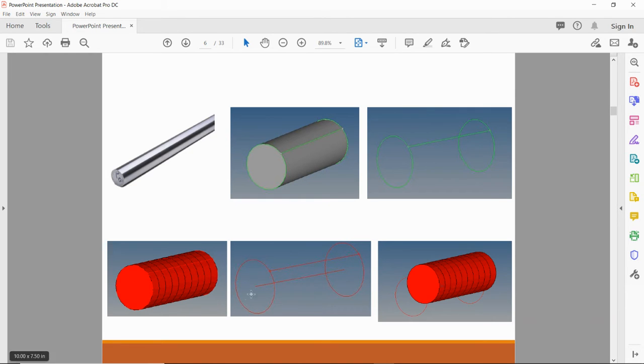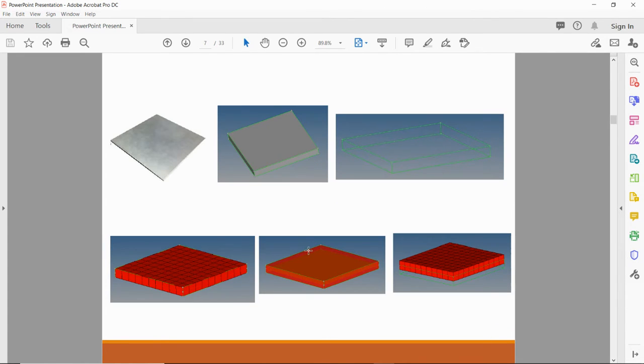So here you can see, if we create the mid surface at the middle, and if you give the thickness to that mid surface, then and only then will it consider all the geometry accurately. So here is the same example for the square plate. Here you can see the wireframe model of that plate.